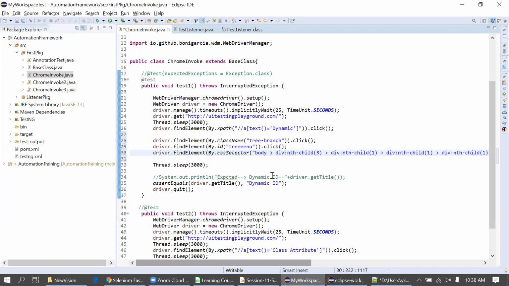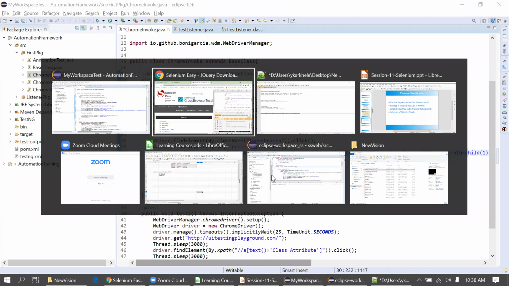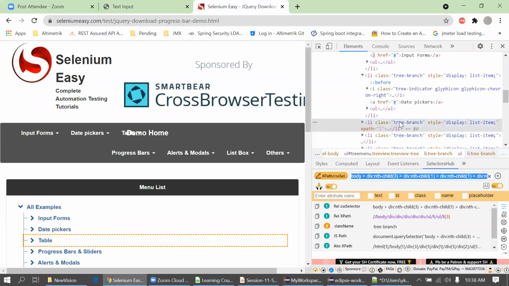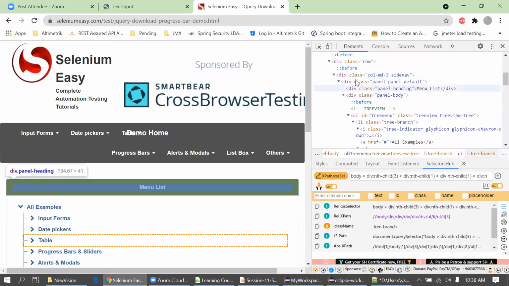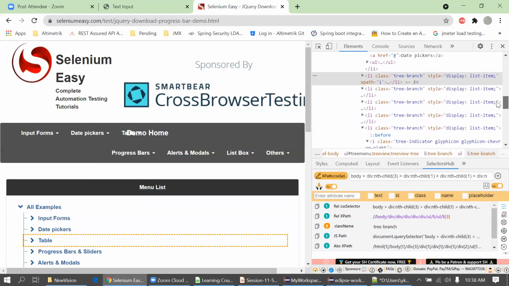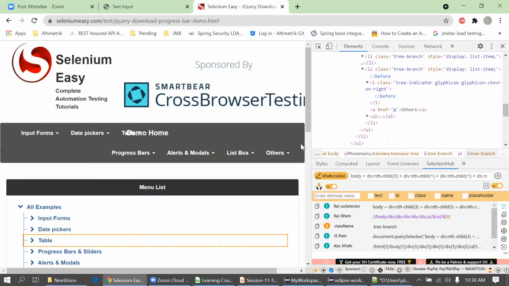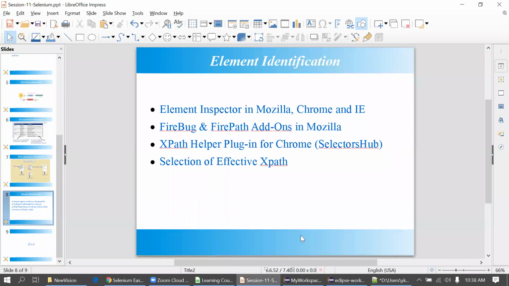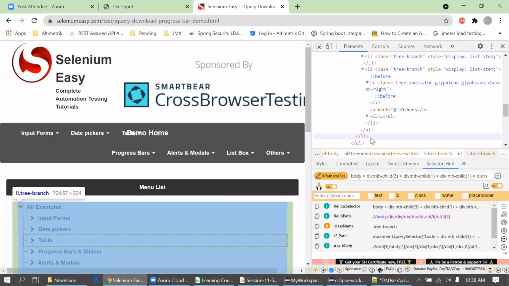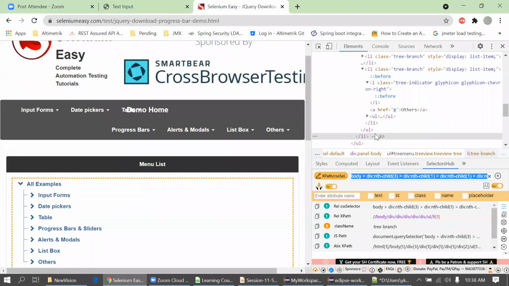The benefit of CSS is that we can traverse back and forth. Suppose in the DOM structure we are at this point. If you want to go back, we can simply go back in that direction in the CSS selector. But in XPath, we can only go forward in this direction below. That's the difference between XPath and CSS selector. Okay, fine. And one more thing, we can create an XPath in Chrome and Firefox, but we cannot create an XPath in IE. Okay, I will just show you the example.